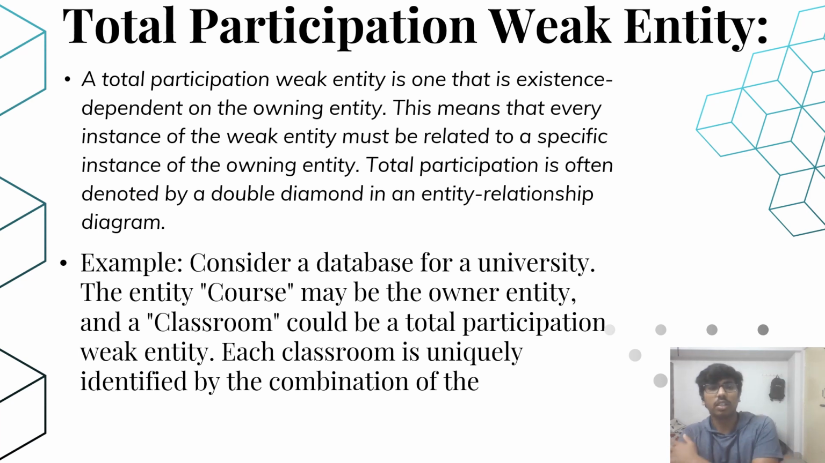Total participation weak entity. A total participation weak entity is one that is existence dependent on the owning entity. This means that every instance of the weak entity must be related to a specific instance of the owning entity. Total participation is often denoted by a double diamond in an entity relationship diagram. Example, consider a database for a university. The entity course may be the owner entity, and a classroom could be the total participation weak entity. Each classroom is uniquely identified with the combination